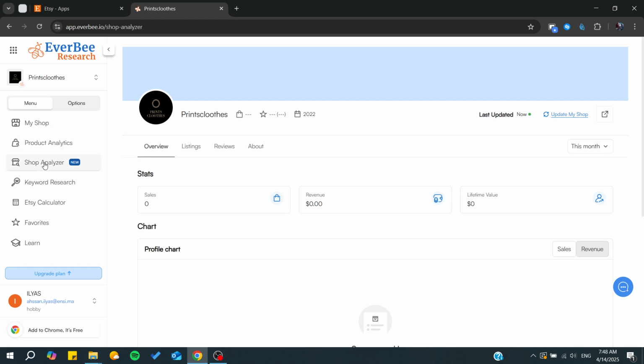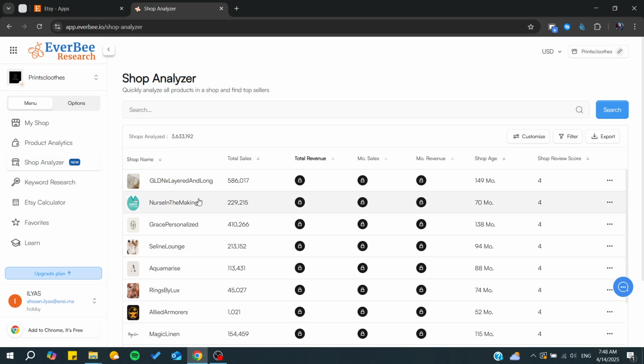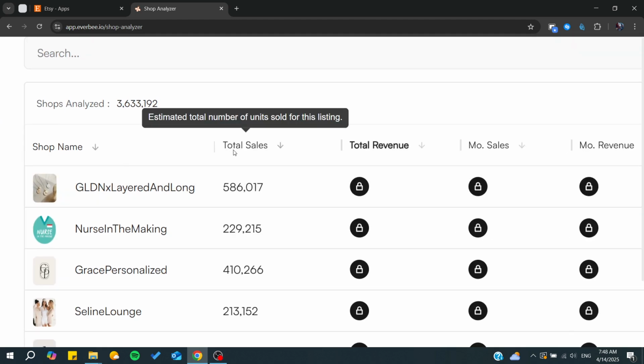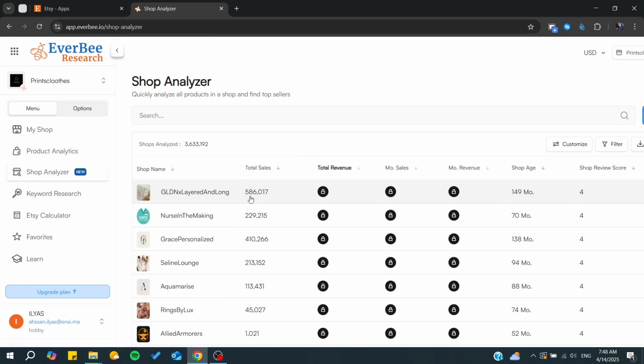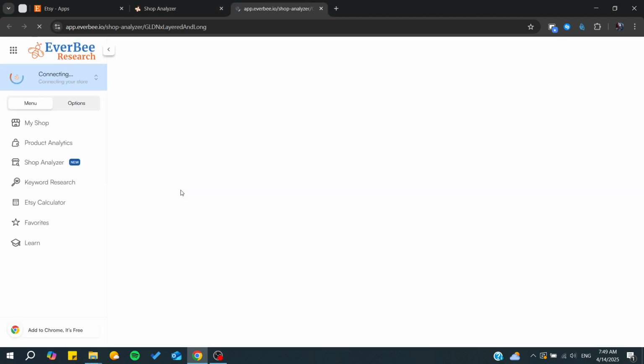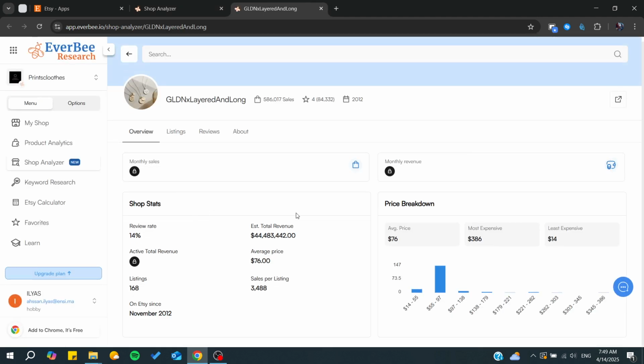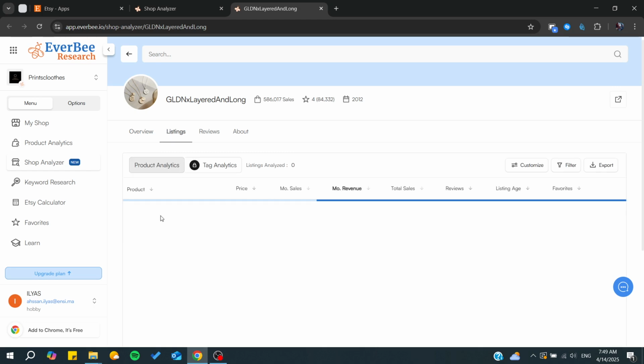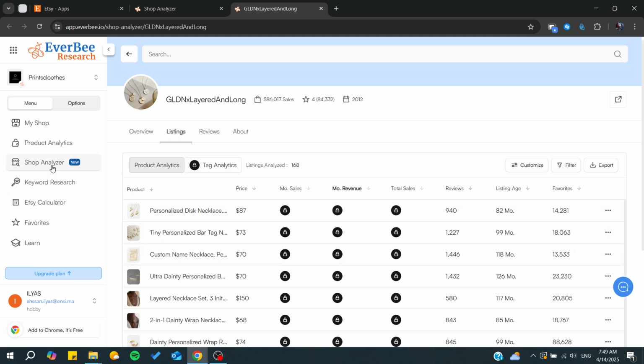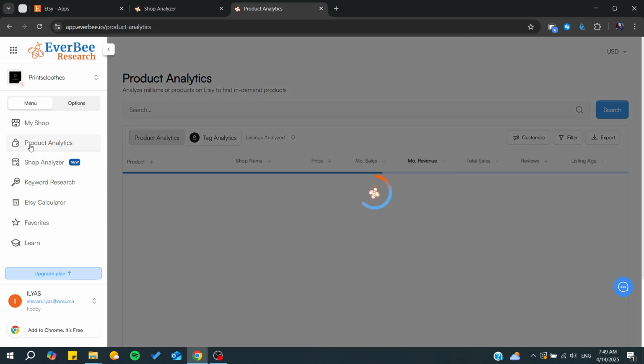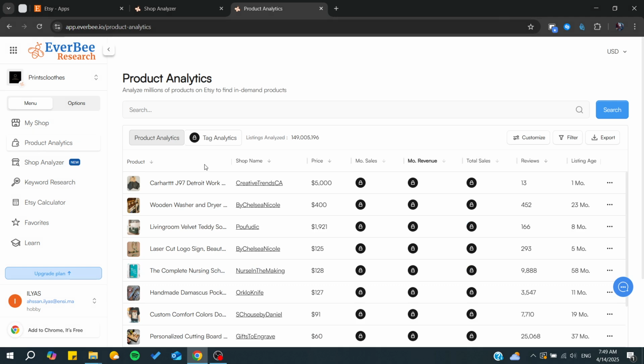So here if we go to Shop Analyzer, we can simply search for any shop. For example, this one has total sales of 500,000 and we can click on it. And it will give us some shop stats and the listings, and the ones that are selling the most, etc. If you want a product analytic to find best selling items, you could see this one, for